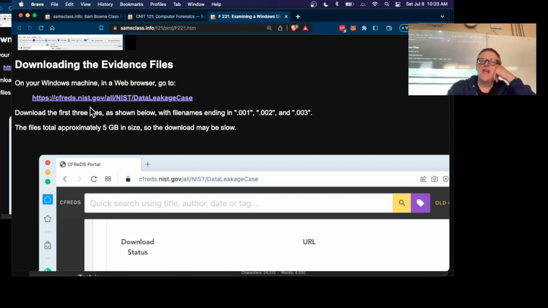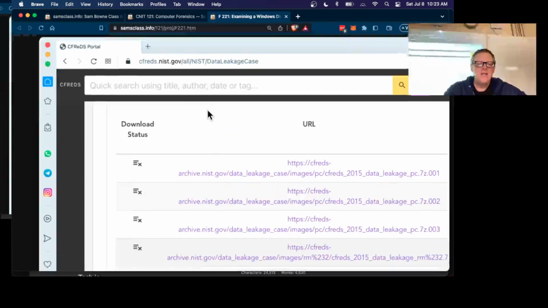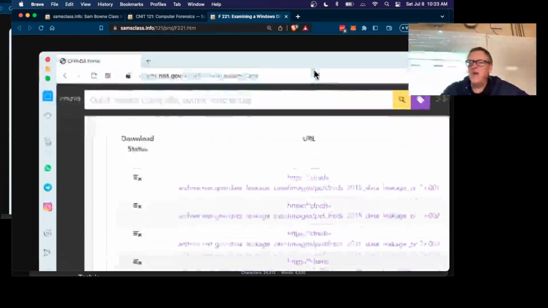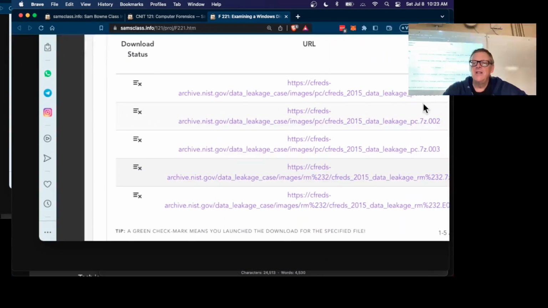The National Institute of Standards makes a bunch of these available for forensic classes. And so you have to download this thing. You download the files ending in .001, 002, and 003. These are expert witness files. Here they are. They're 7 zips and broken up into chunks to make them small enough to download them in